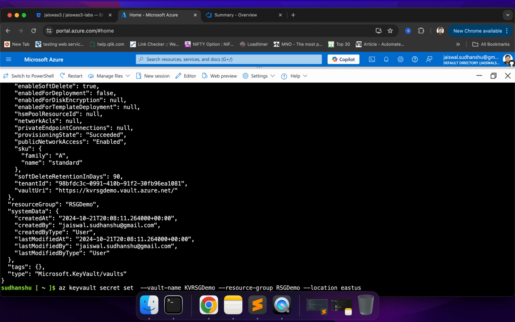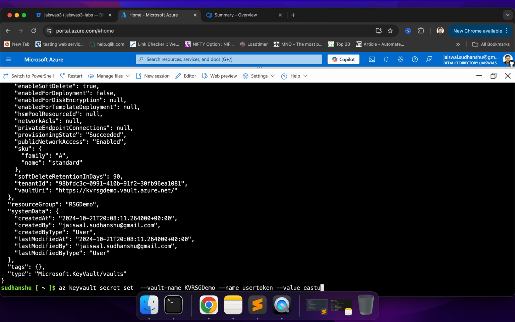And we don't need resource group, we need the name of the secret. So the name of the secret would be user token, and location is also not needed. For this we need value,